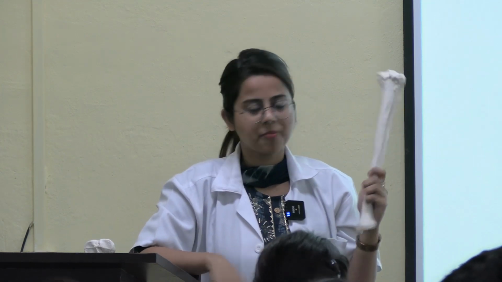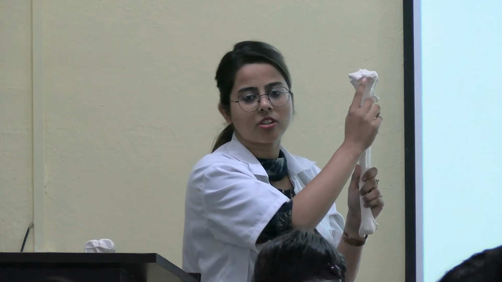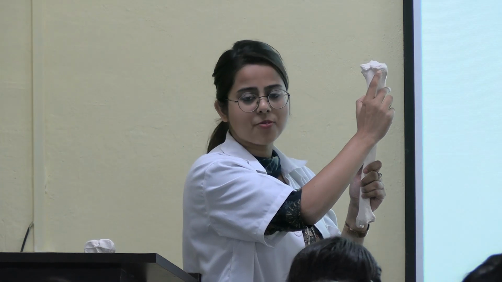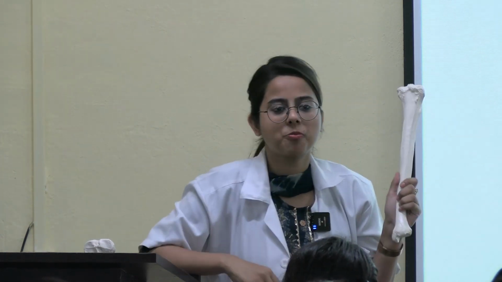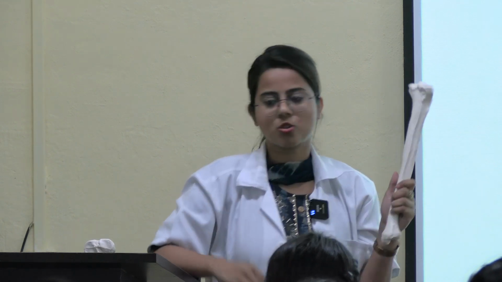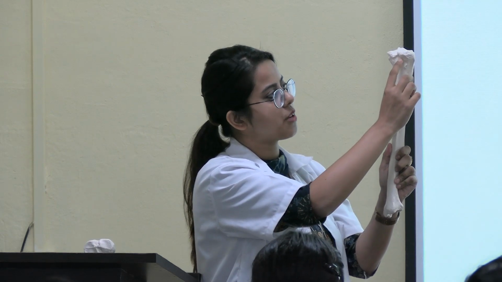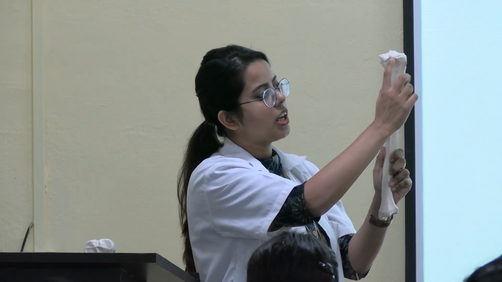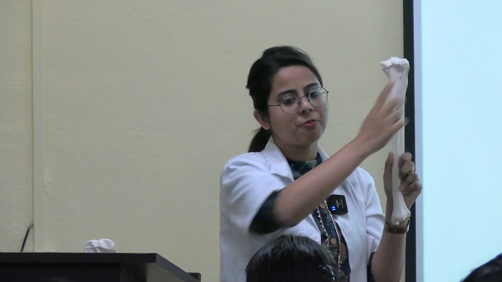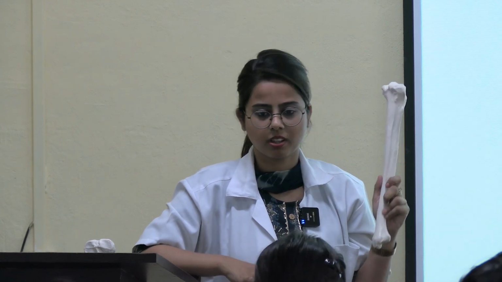Semimembranosus. Okay, and behind, on the posterior surface of this lateral condyle, there is one oval articular facet. Okay, this facet will be for which bone? Which bone is present laterally in case of leg? Fibula. So laterally, this is the lateral condyle. So on the posterior surface of the lateral condyle, you will get an oval articular facet which will combine with fibula and form the superior tibiofibular joint. Clear?